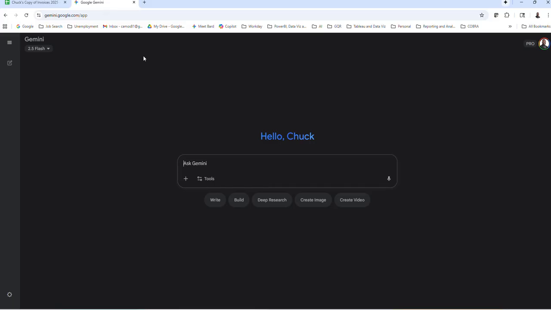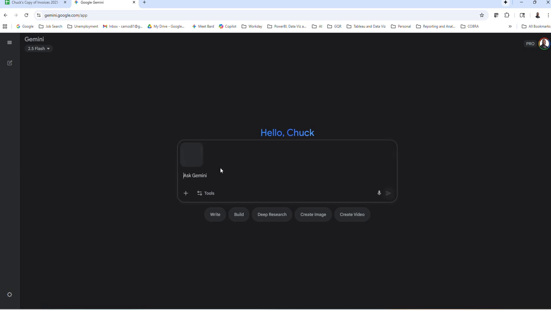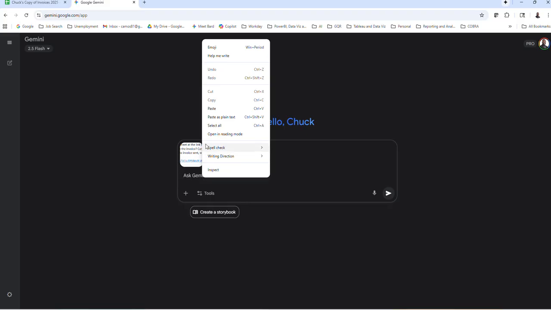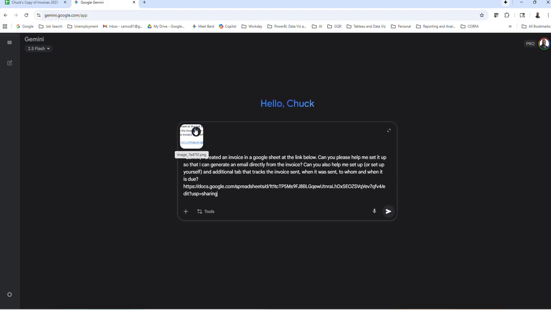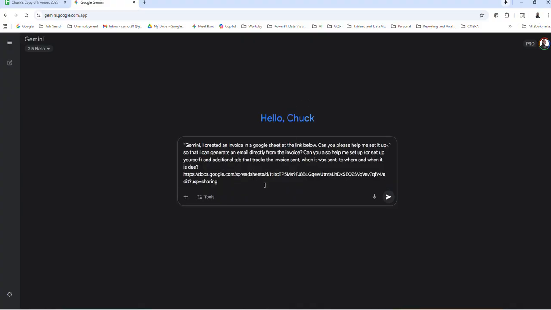So I am going to go over there, and as usual, I've got my prompt already set up. So I'm going to copy and paste it, and I'll just talk about it as we paste it. If you just go straight into copy and paste it, it'll post a picture, but I prefer just to drop the plain text in there. So revising that there, but what I'm basically letting Gemini know is all of the basic context of what